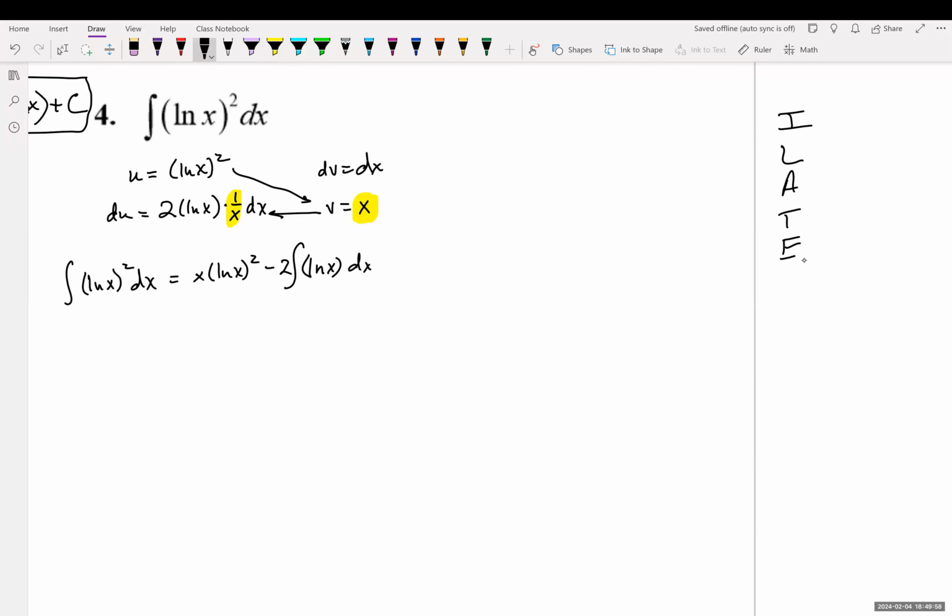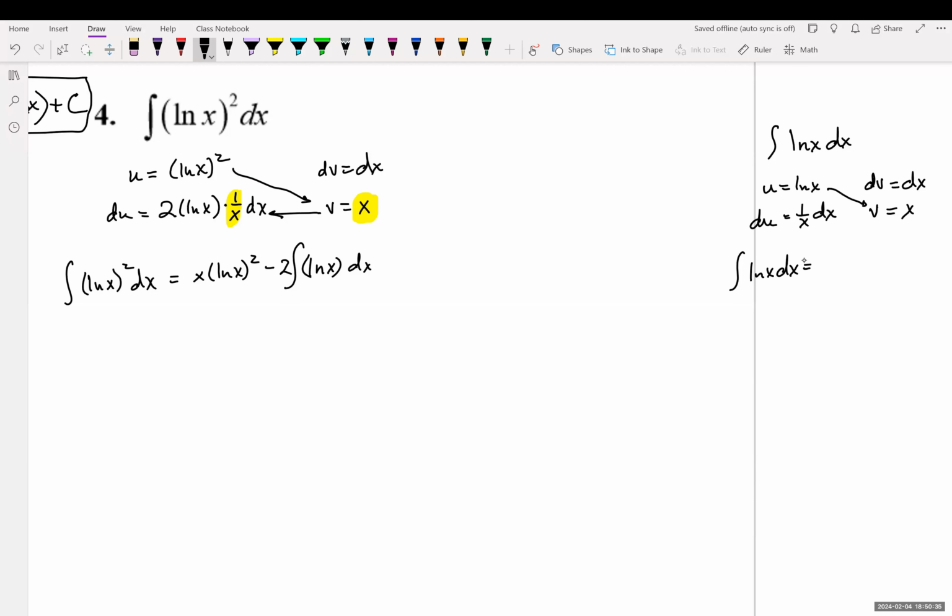Now, at this point, you may have this integral, the integral of ln x, memorized. If you don't, it's a separate u substitution. You let u equal ln, actually, let's do it off to the side. If we just looked at the integral of ln x dx, we're going to let u equal ln x, du is equal to 1/x dx. And then we're going to let dv equal dx, so v equals x. And so this integral